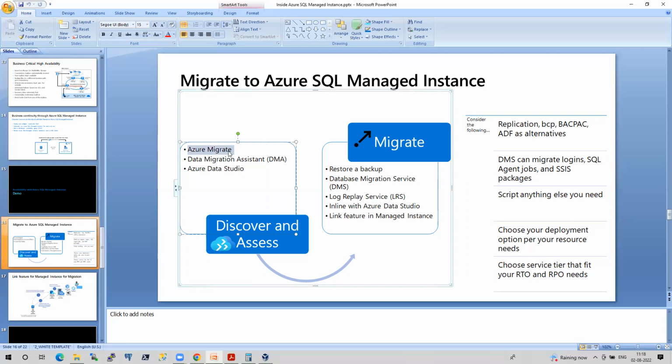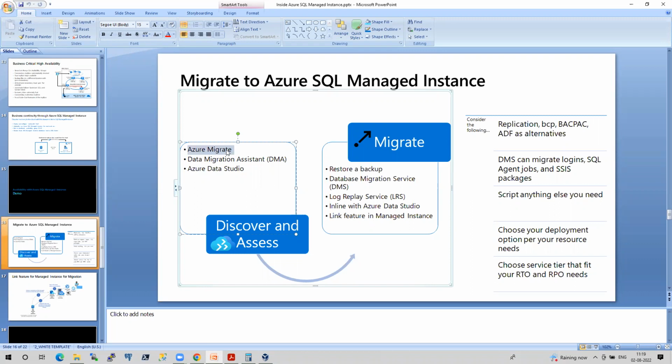But in real time, I am stressing again, if anyone asks you for a migration, the best thing to start from is Azure Migrate. It's not just for SQL, guys. Again, I'm repeating, this is not just for SQL. This is for all the different kinds of VMs you have. Even if you have Windows laptops, you can make use of Azure Migrate. It's like what they say, a one-stop shop.